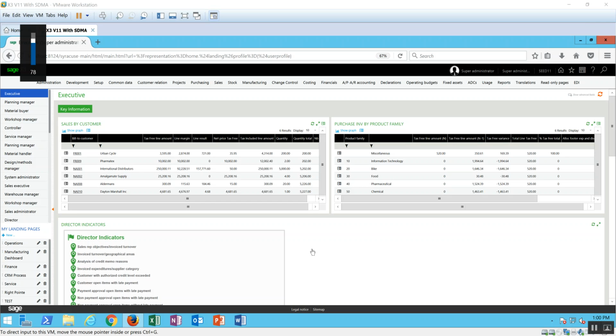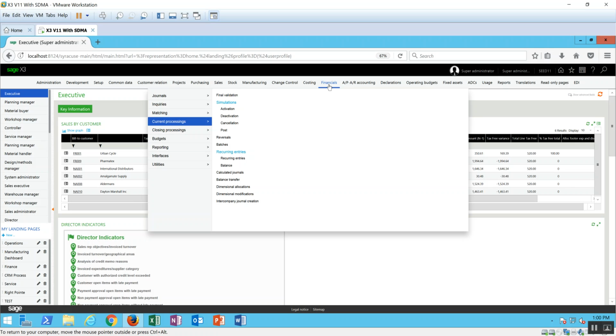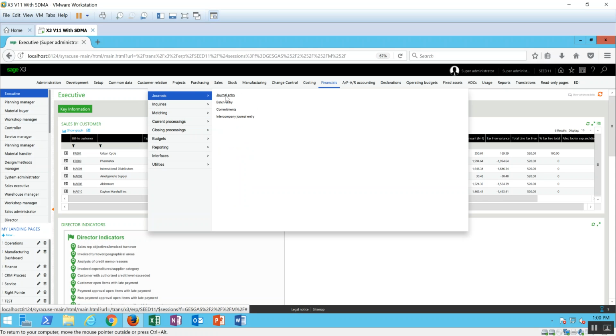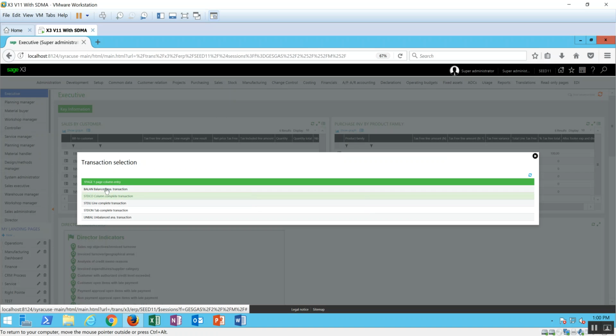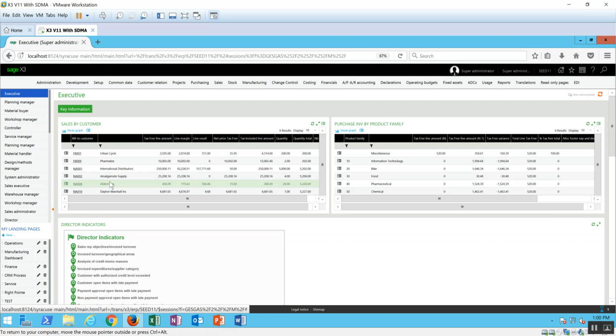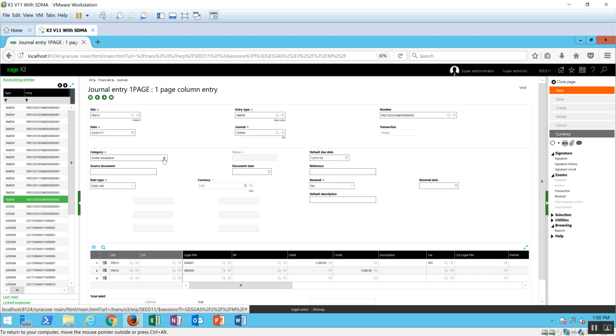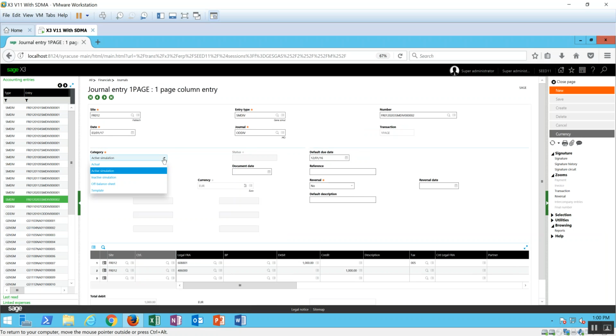Hello. In this next lesson, we're going to be taking a look at some different statuses of the journal entries within X3. Specifically, we're going to be taking a look at the actual journal entries versus what's referred to as being a simulated journal. So, what you'll notice here, if we go into the journal entry functions, under Financials, Journals, and Journal Entry,